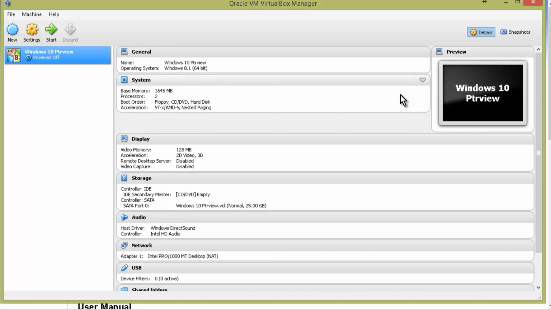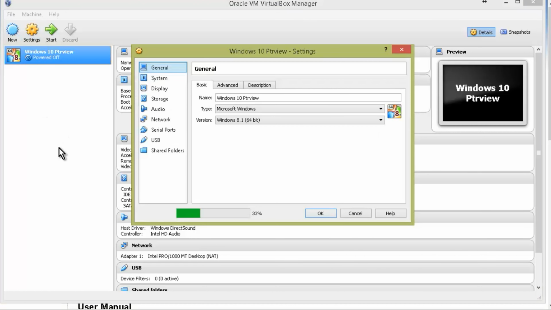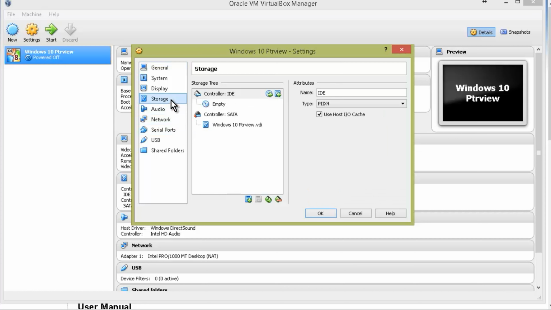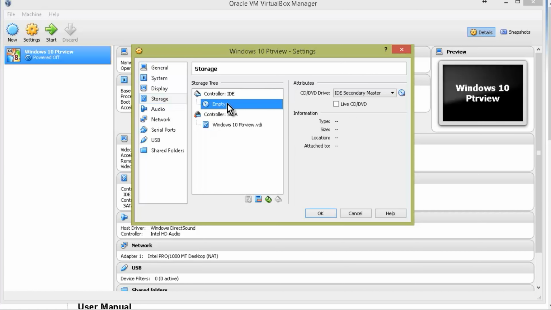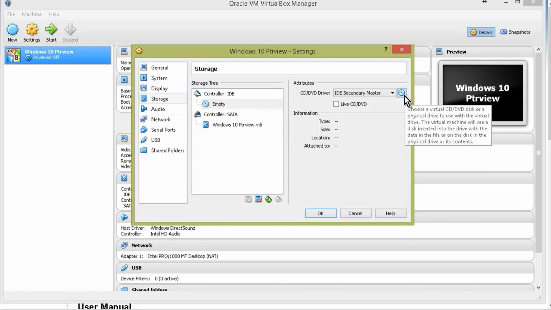Okay, now it is time to set up our machine. So what we do now is go back into settings, and then we're going to go down to storage. Okay, so now what we're going to do is click where it says empty here. This is our DVD drive. Okay, and then we're going to click this little thing over here,